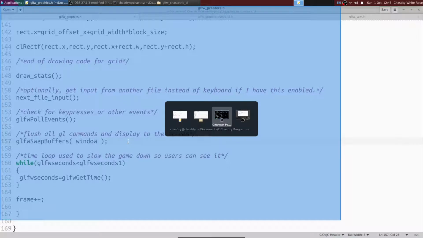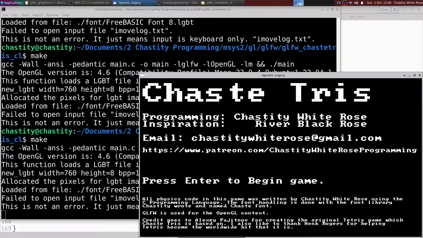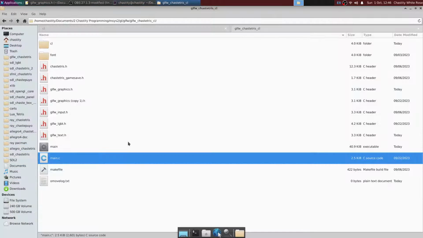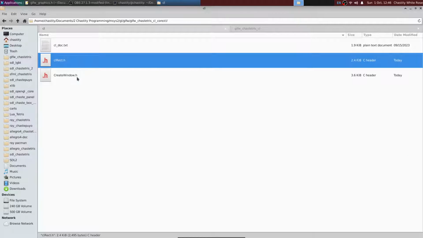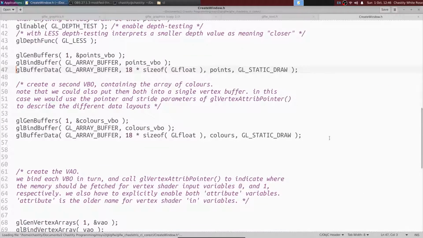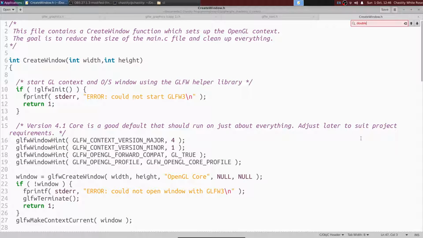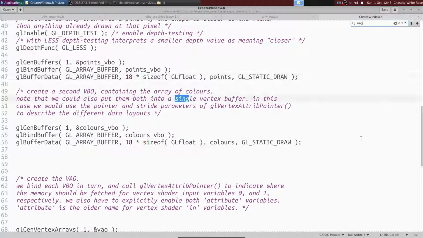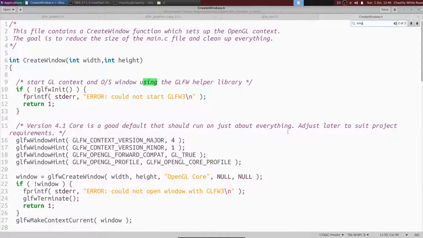It's trying to swap the buffers in a system that's set up as a single buffered system. So I think I know what's wrong. Because if we go to the create window function in the core version,